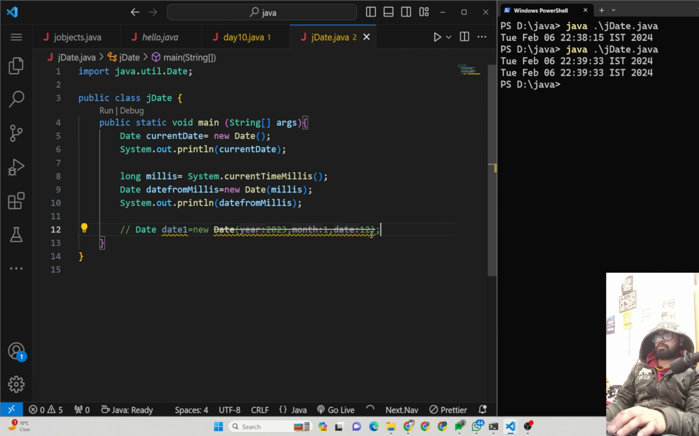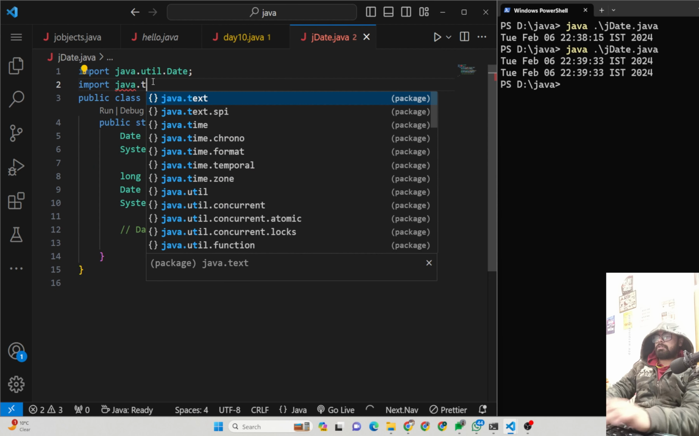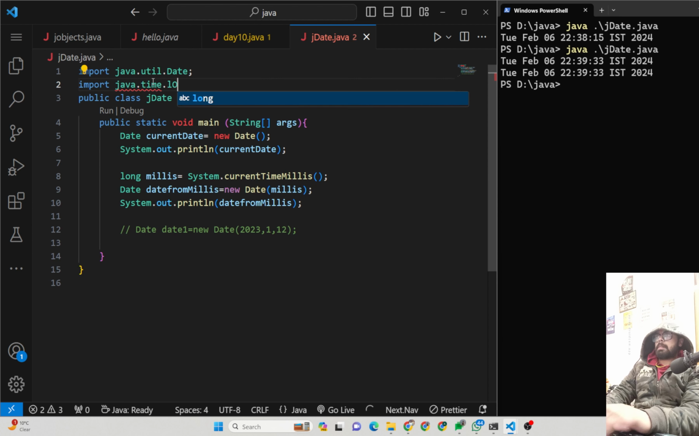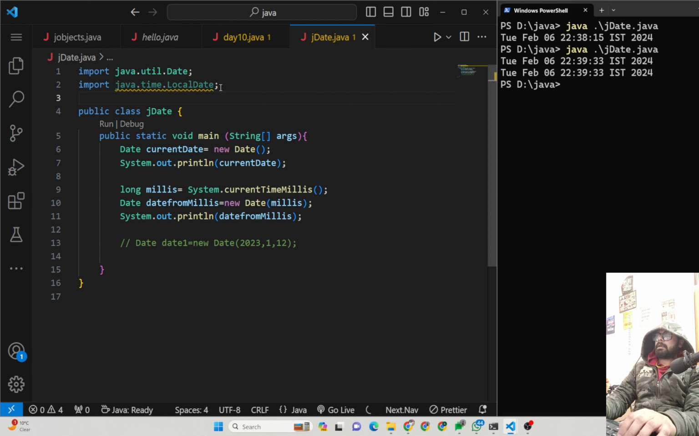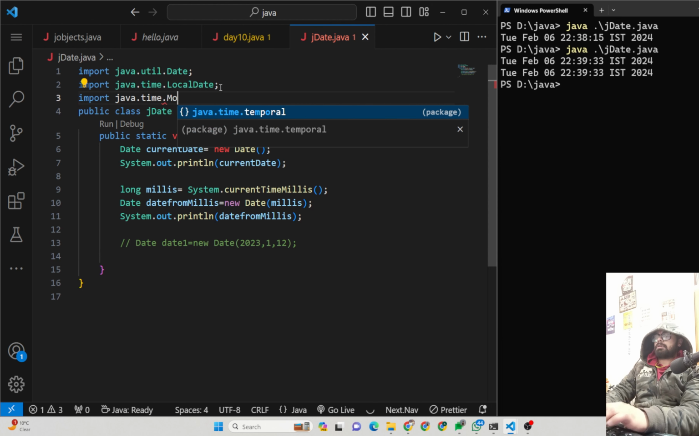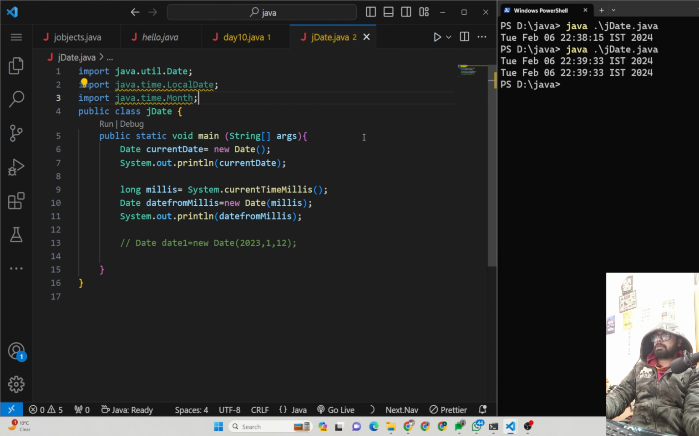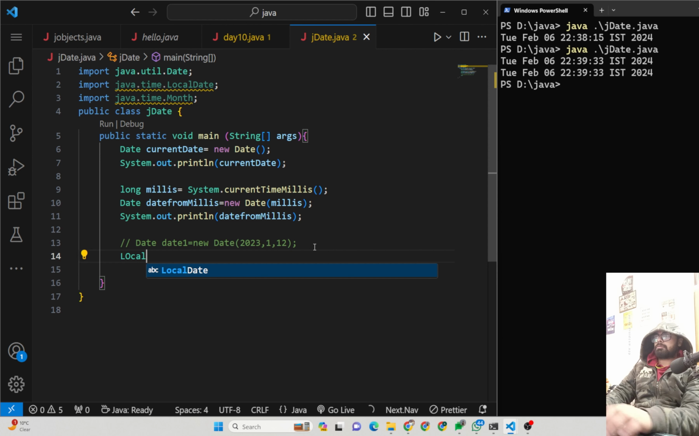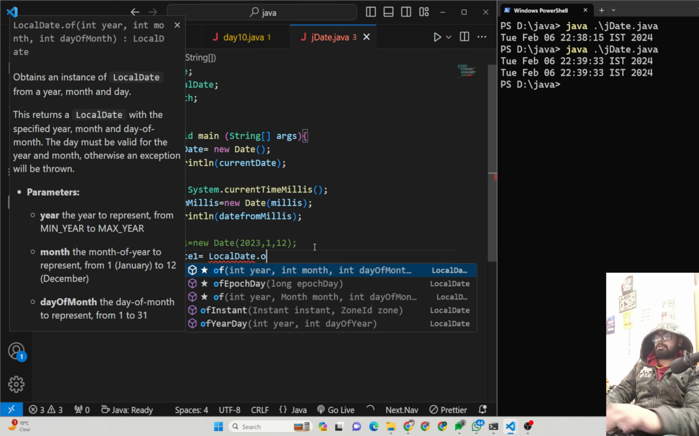So not to worry, guys. There is another thing which we can use: java.time.LocalDate. And one more thing which I'll be needing is java.time.Month. So what did we do? I write LocalDate date1 equals LocalDate.of